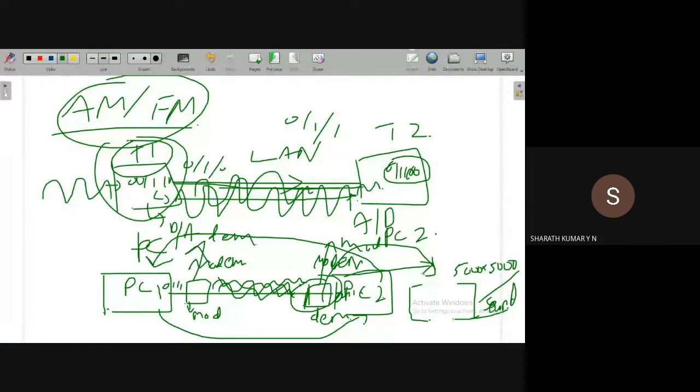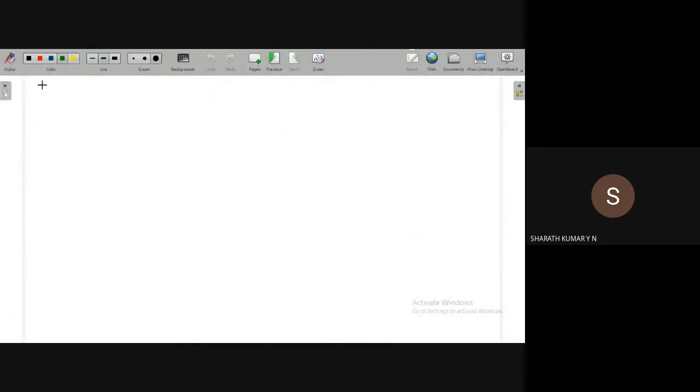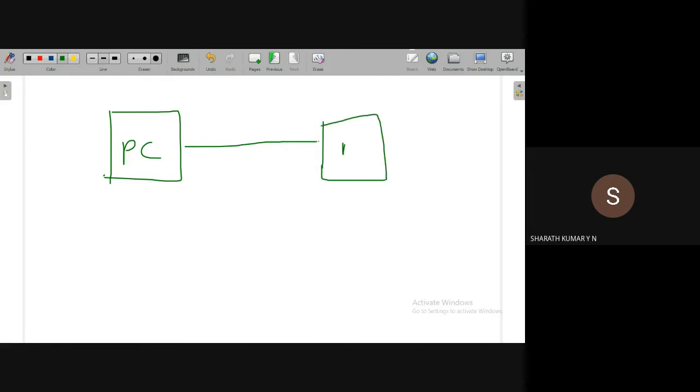Let us take one example. Say a PC is connected to a memory device, and this memory device is a slower memory device, but the PC has the latest processor, a pentacore processor. I'm not sure about the latest processor; I think one more latest processor has come. I don't remember the details. Anyway, it is the latest high-end processor.